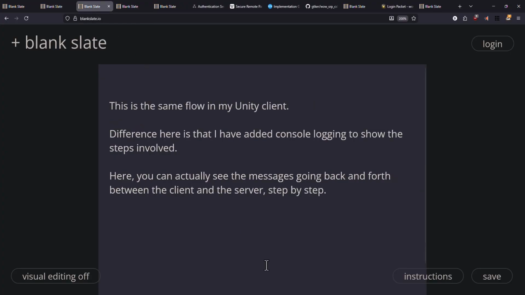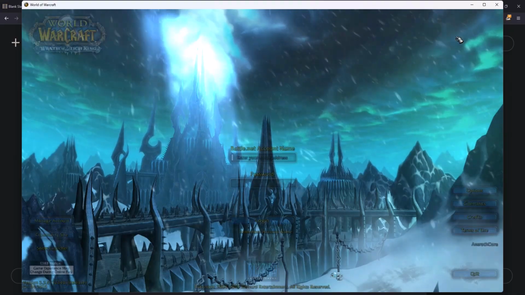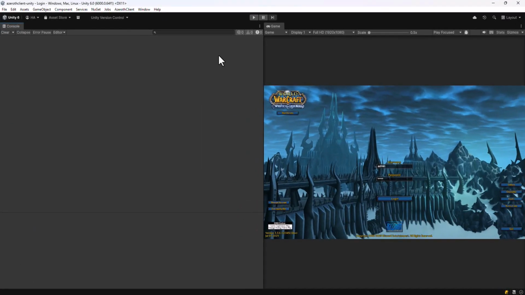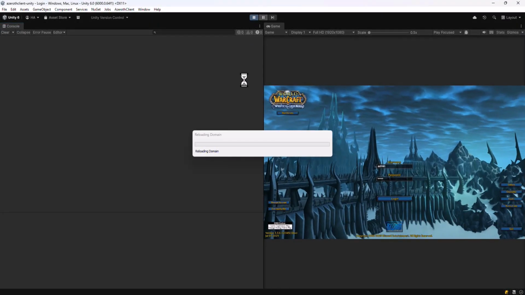So now I'd like to do a demonstration of the same thing, but this time in the Unity client. The difference here is that I've added some logging to the console to better visualize what's going on. So let's go over to that. Let's log out of that. Go to the Unity client. So if we run this, we will type in the credentials, press the login button. Well, rather, the credentials are already typed in. I'll just press the login button once Unity